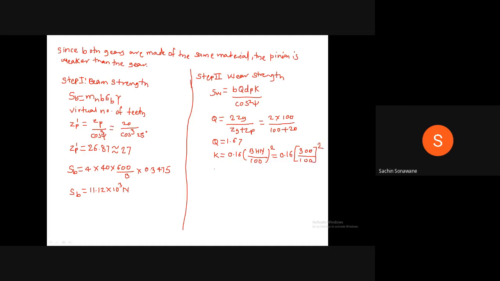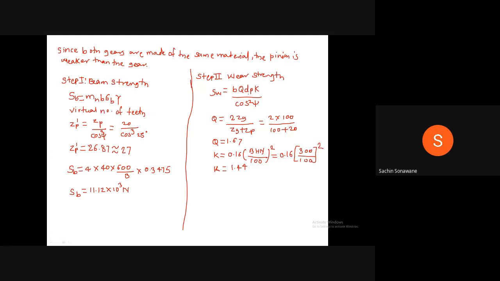Therefore, K is equal to 1.44. And we have to find out pitch circle diameter also,